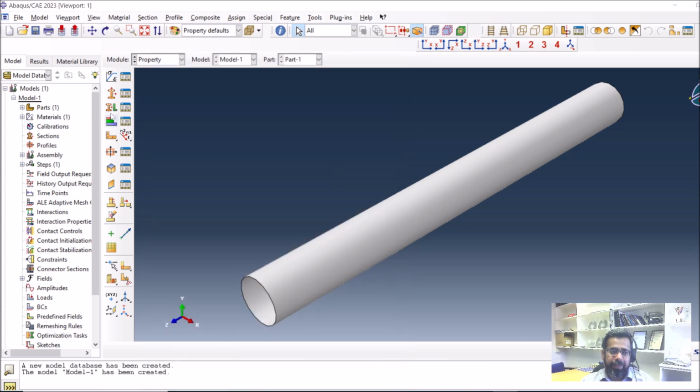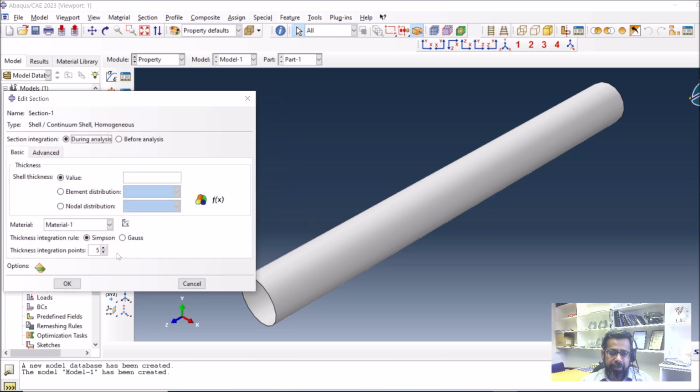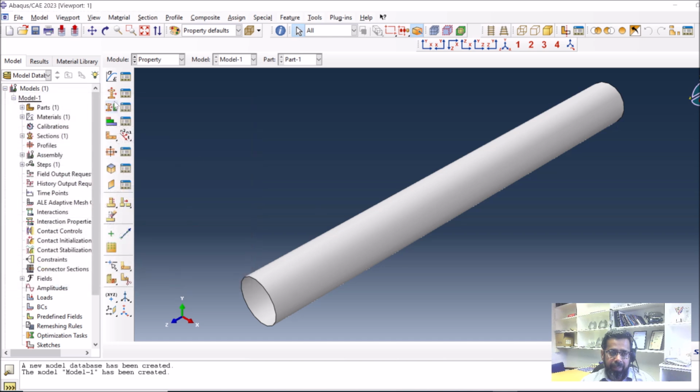So once I have done that, I will create a shell section with the homogeneous properties, and here I will give the value of the wall thickness of the shell, which is this one. The rest is the same, material is material 1, which is the steel properties, and then I will assign it to this component here, and the color will change to green. So this pipeline is now ready for everything, and I will now go towards the second component, which is basically